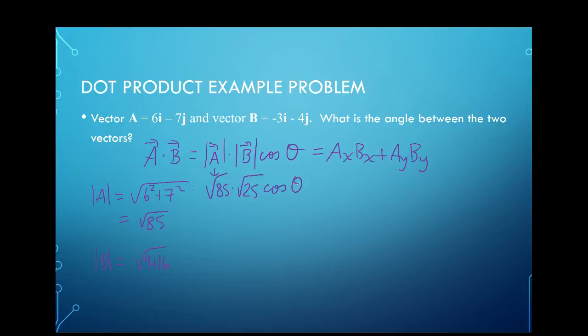Then we have the cosine of the angle is going to be equal to ax bx, so that's going to be 6 times negative 3 plus negative 7 times negative 4. So that turns out to be negative 18 plus 28. That's just going to give us 10. Okay, and then on the other side, we're basically going to have 85. I don't think we can really break that down, but it's going to be 5 root 85 times cosine theta,